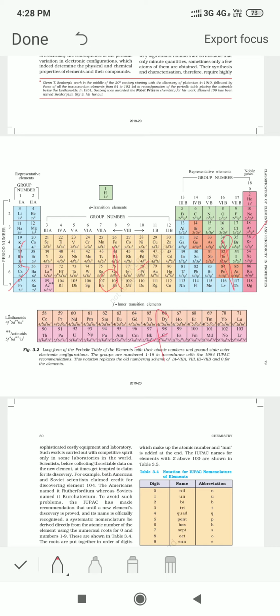If the last electron coming in the atom is in the s orbital, then the element belongs to the s block. If the last electron is entering the d orbital, it comes in the d block. If the last electron is entering the p orbital, it is the p block, and if it is entering the f orbital, it is known as the f block element.